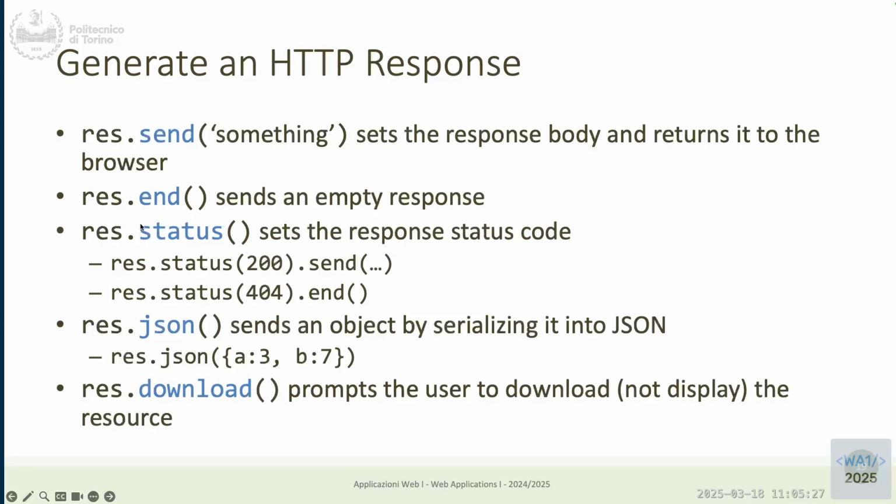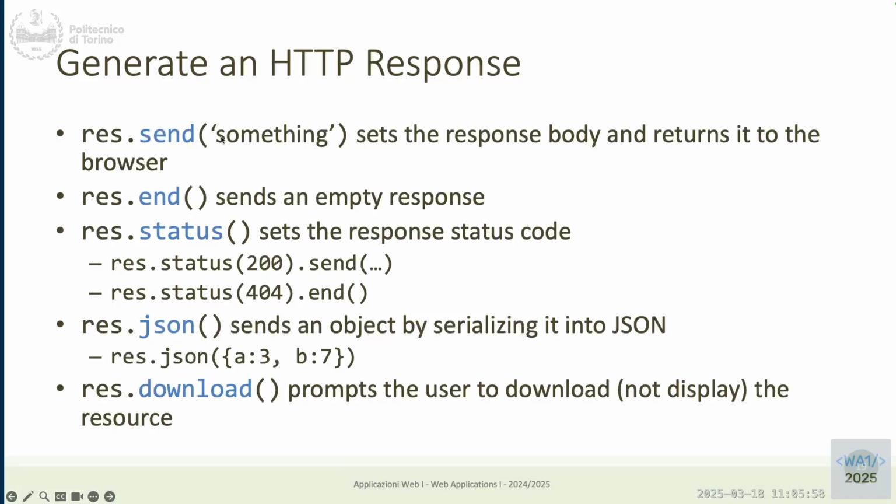Status only modifies the response without sending it yet. So that's why we are chaining it. Modify the status, dot end. Modify the status, dot send. So we are chaining some modifications until sooner or later we call send or end, that will actually send or close the response. And also there's a shortcut called res.json that we call send,